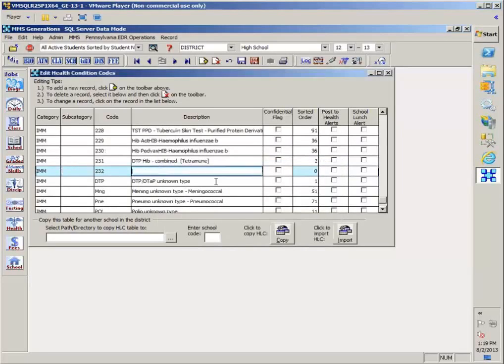So it's just a matter of entering in a code. Letters, numbers, any combination is your choice. And then I can put in whatever the new immunization is. So if I need to, there's some new combination that for some reason I'm going to do Hib and my OPV, my oral polio. Now anything before the dash is going to show